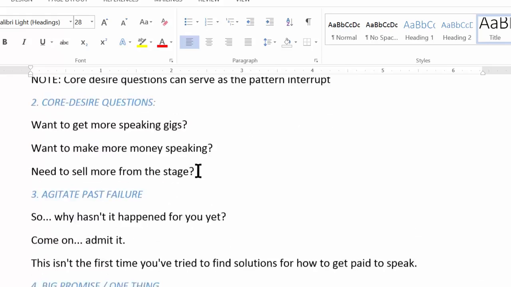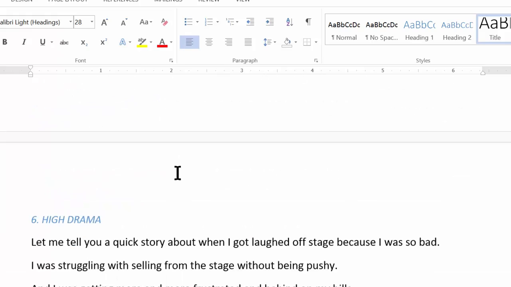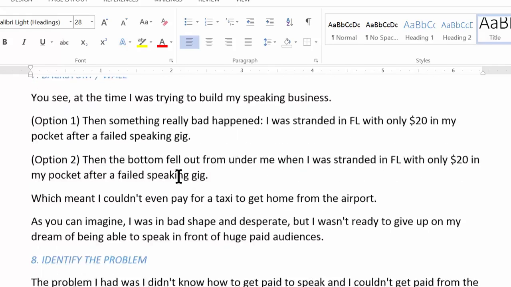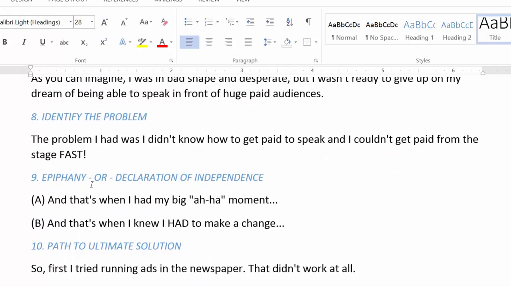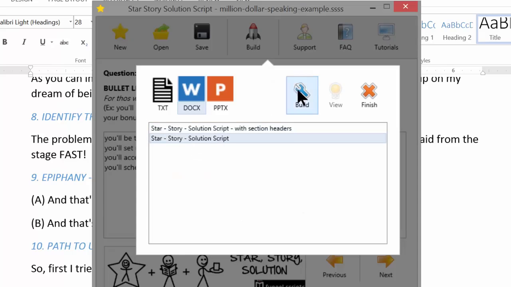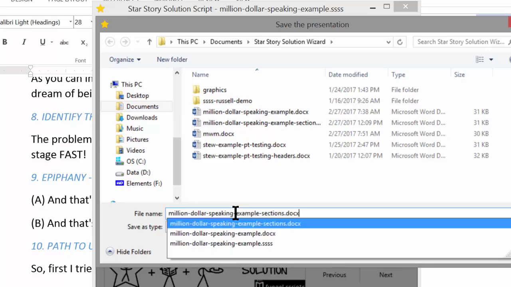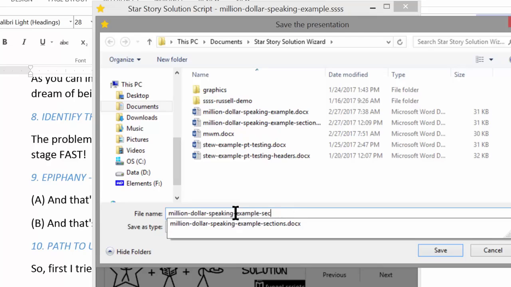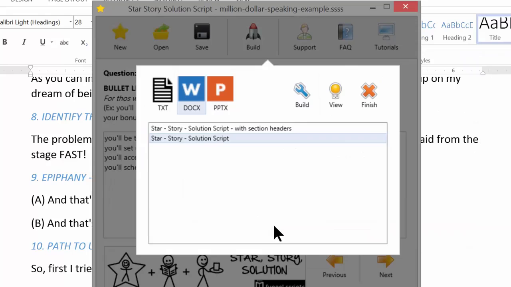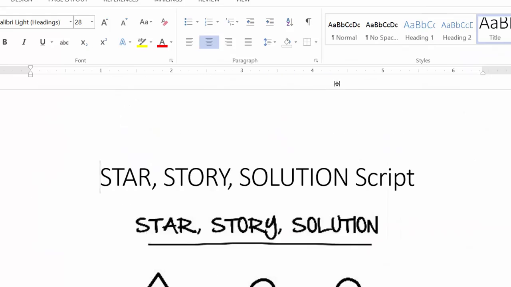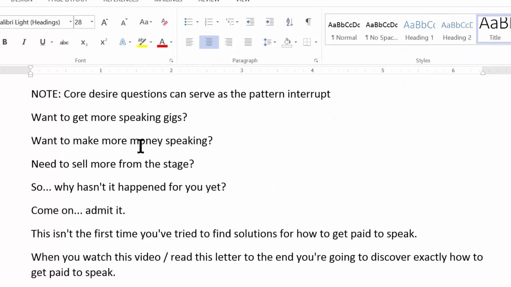But basically it gives you all of the script with your variables filled in with the sections that Russell, the way he teaches you in the book. Or what you can do is output it without the sections. And then you can just have it and edit it